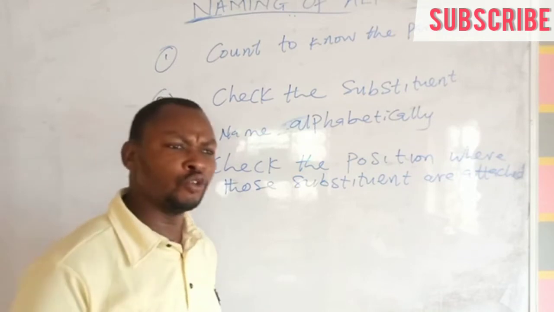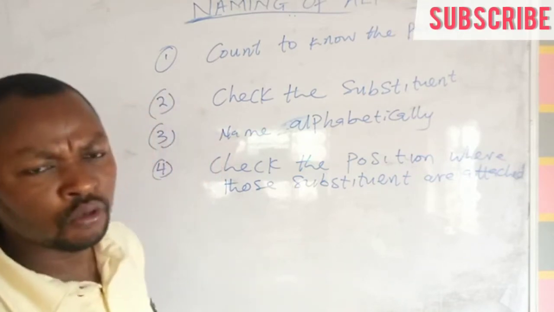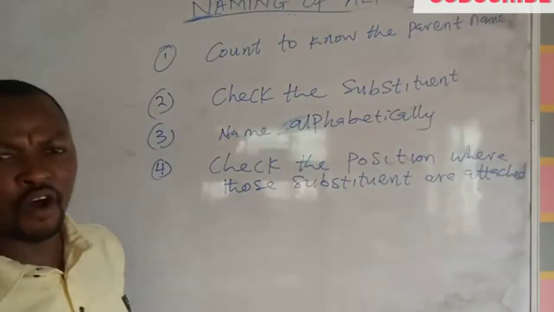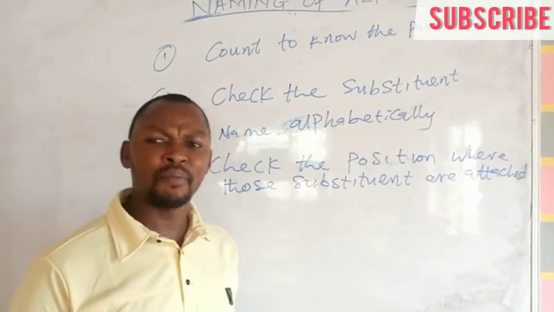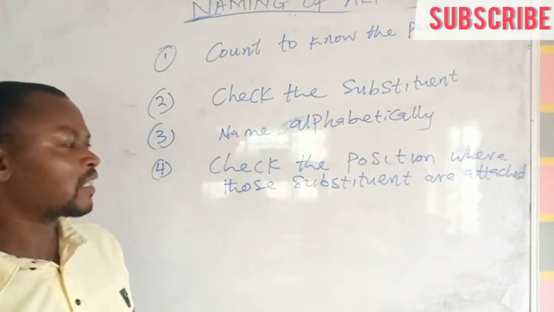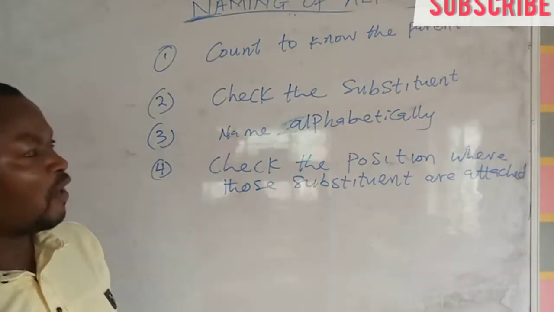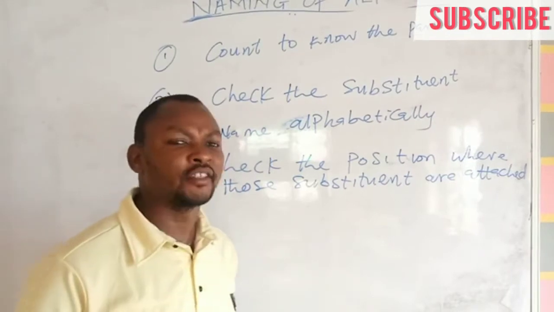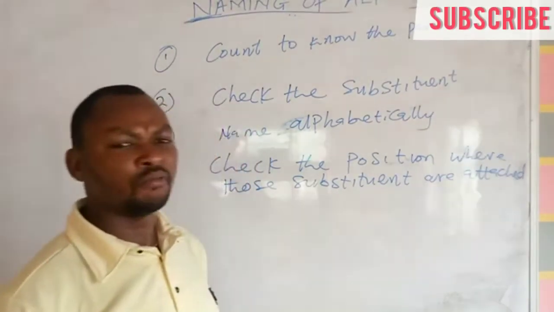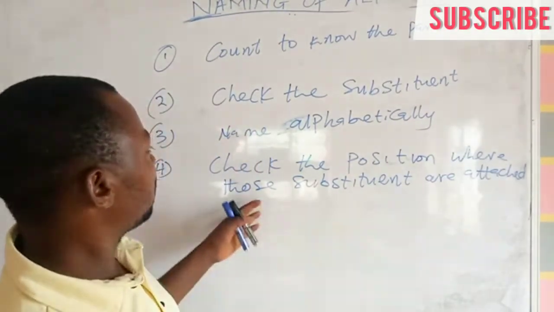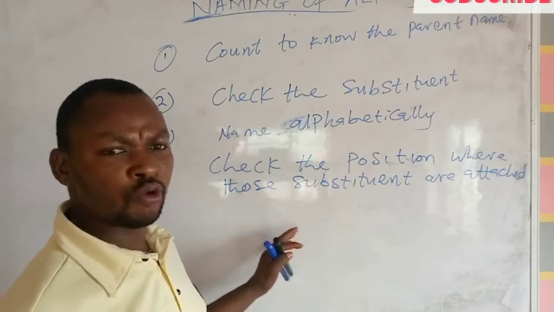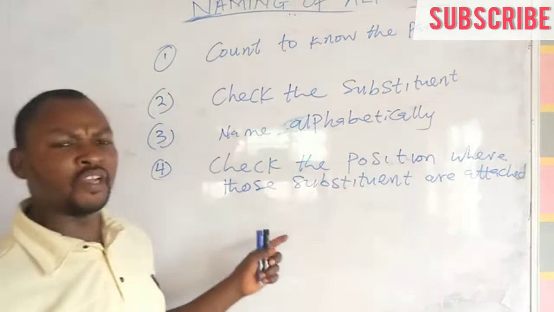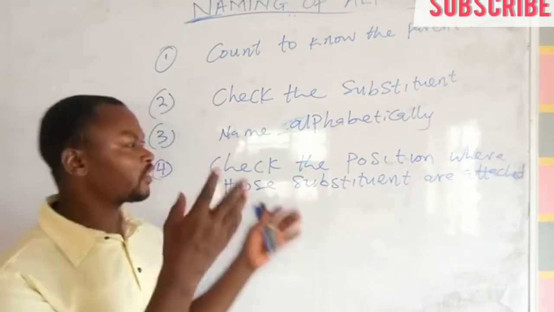So we usually use di for 2, tri for 3, tetra for 4, penta for 5, or pent for 5. So that is how we name. But don't forget that the parent name will come last. The parent name will come last. So we quickly name one or two, and this science of naming of alkane that I just explained